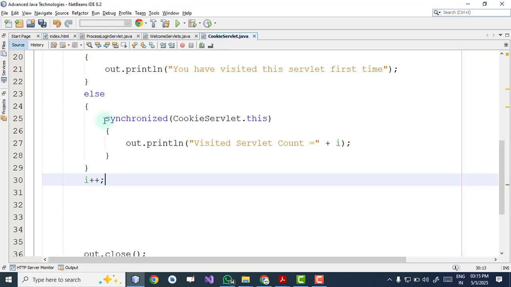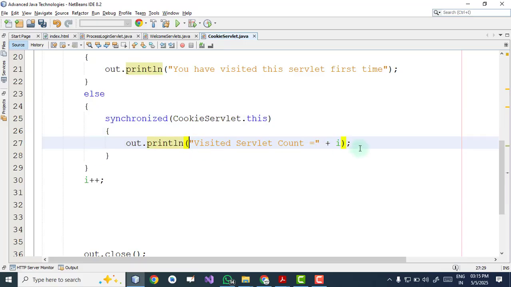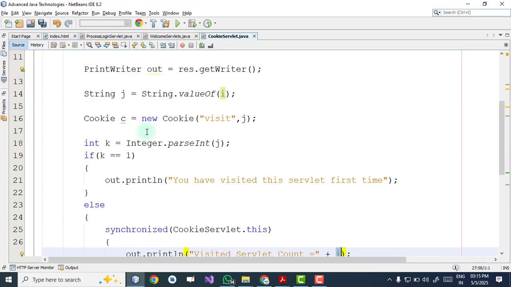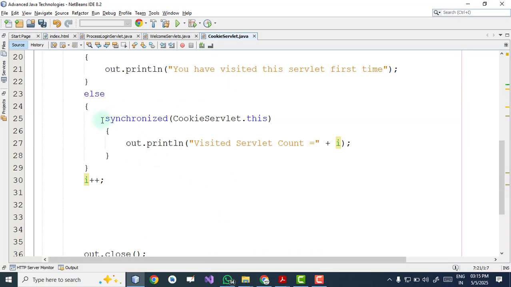So what happened in the synchronized block, it will only access the latest value of i. When we refresh the page, it will again set the value of i to 1, वो वापस से 1 set कर देगा, but since we are using a synchronized block, the latest value of i यहाँ पे print होगा.